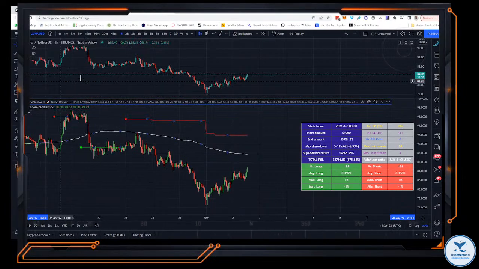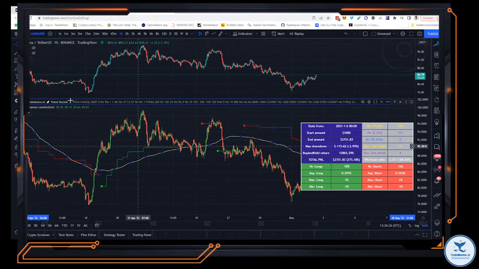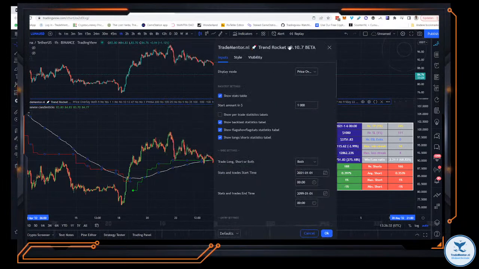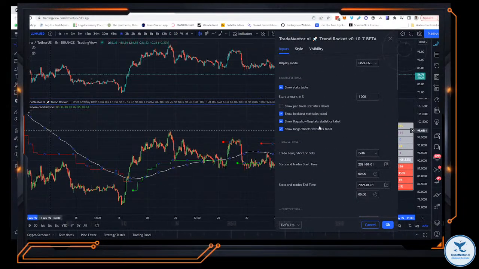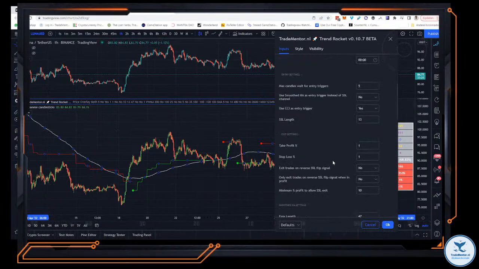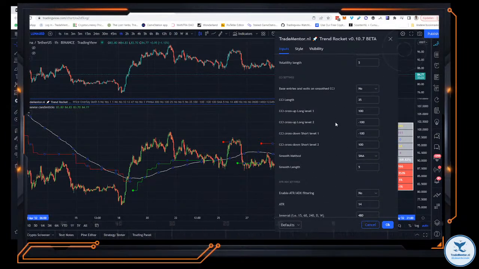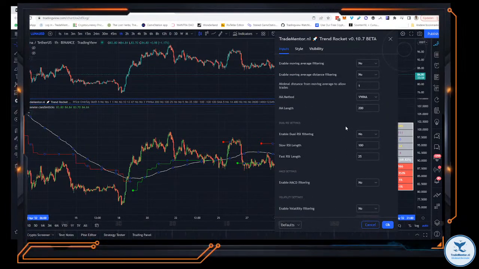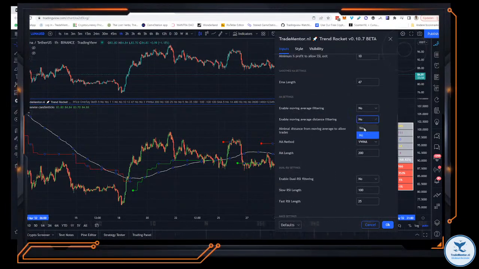So back to the Luna example. When you have the price overlay mode, you will see the ATR, and the white line is your moving average. And let's quickly go back to the moving average. If you enable the moving average distance filter,